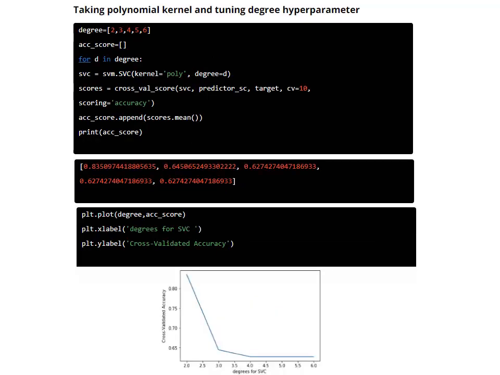For the polynomial kernel, we can also tune the degree hyperparameter. The score is high for the second degree polynomial. There is a drop in the accuracy score as the degree of the polynomial increases. Thus, an increase in polynomial degree results in high complexity of the model. For the breast cancer dataset,